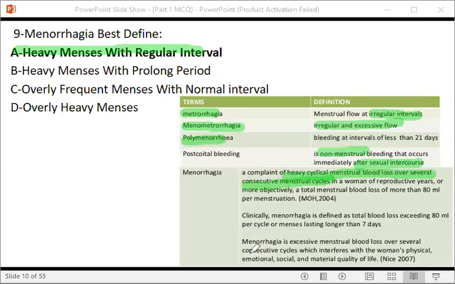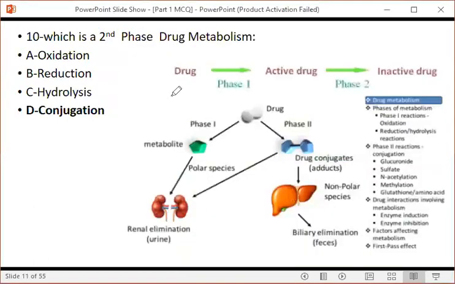So it has two main things. The first thing is cyclic menstrual blood flow. Cyclic. And it is heavy cyclic. So it's heavy menses with regular interval. A is the most common. Oh, it is the right question. Okay. The next one is